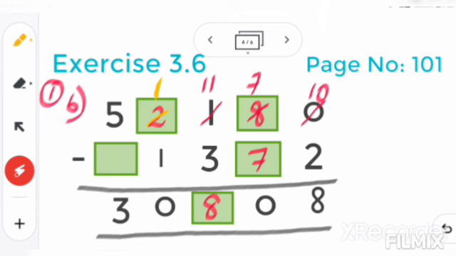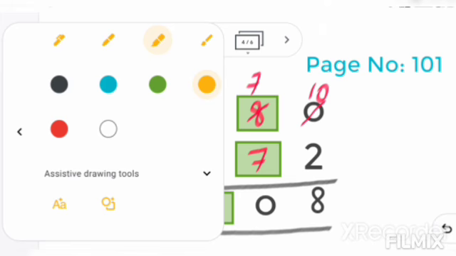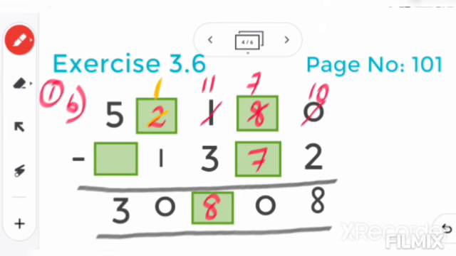Okay, now next one. Here 5 and here 3. So to find the missing number in the middle, you have to minus these 2. 5 minus 3, it will be 2. So 2 will be in the box. Okay, it will be a little confusing. You have to be careful. Okay, these are challenging questions. So you have to be careful when you do.